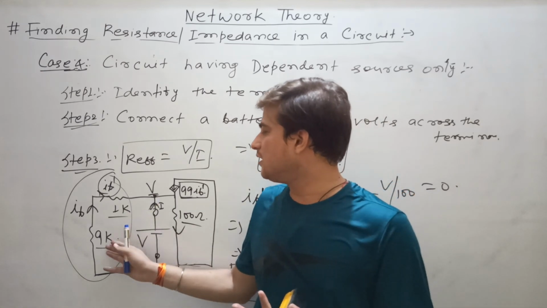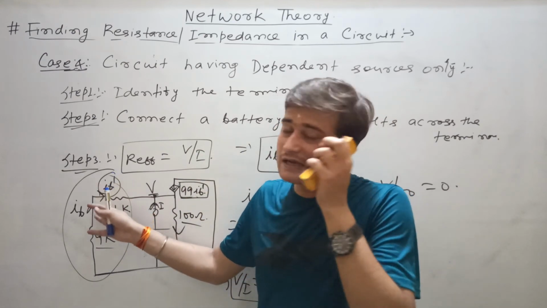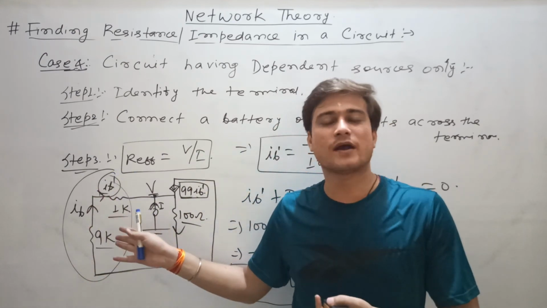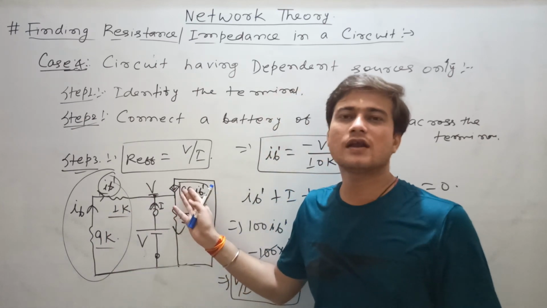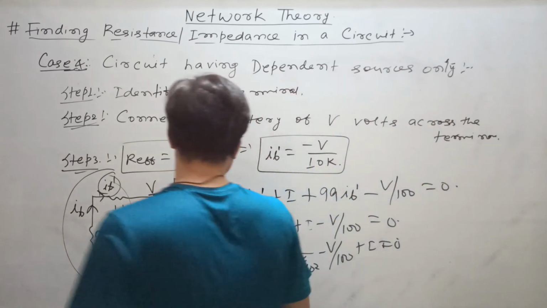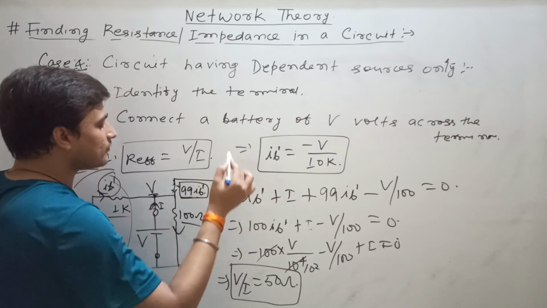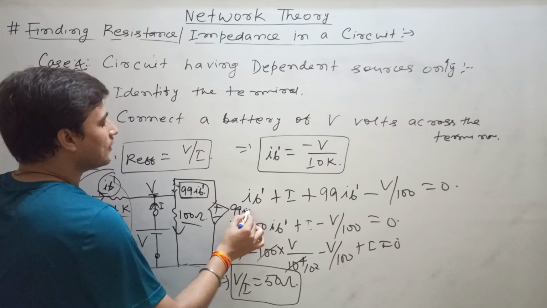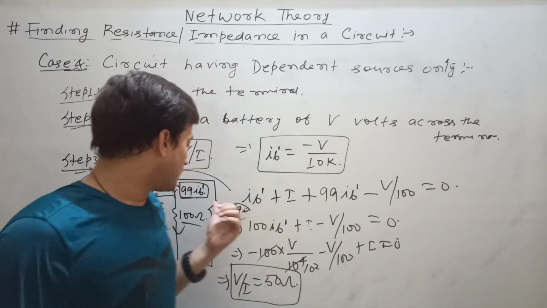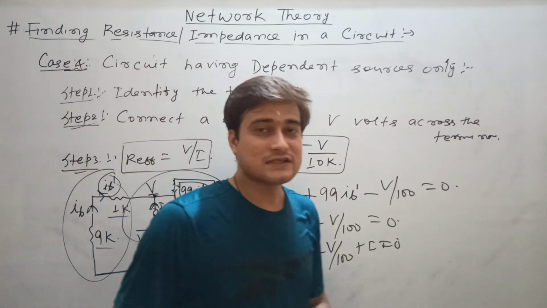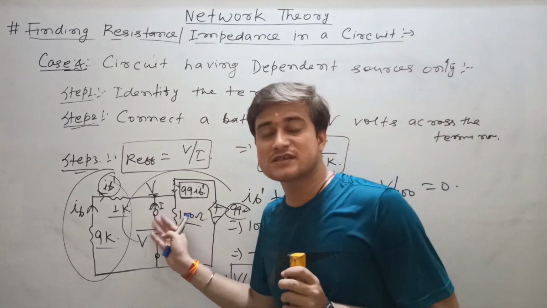Clear? Suppose here I have given 9K, 1K. You can change this data. You can change the direction of current I. You can have another different question. Here I am given a current source. You can take a voltage source. There are many points where you can change the circuit. Here you can simply write plus minus 99 IB. Now the whole equations will be changed. The current source is being replaced by a voltage source. That means if you try to design the questions, then you can design 4 to 5 questions from this circuit.